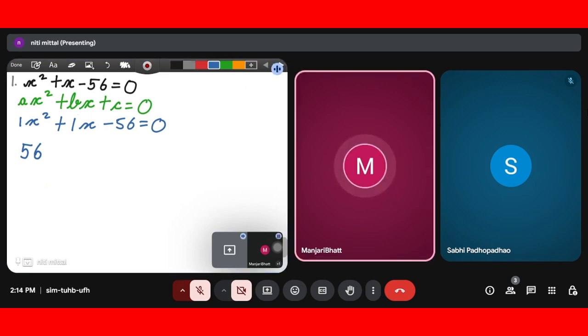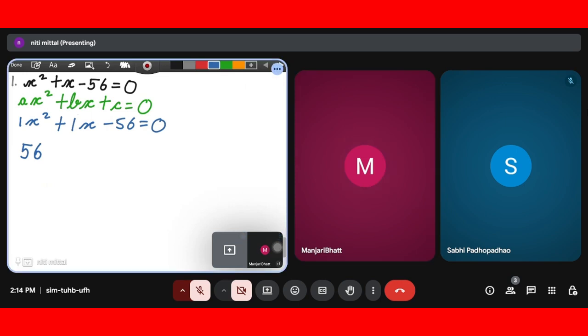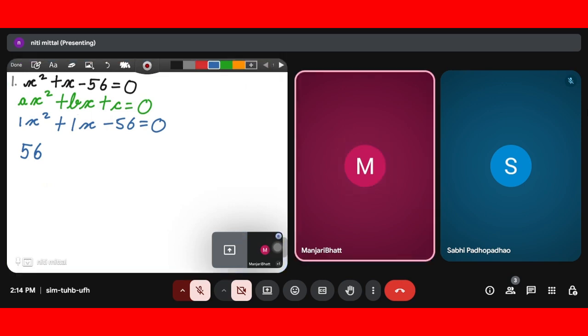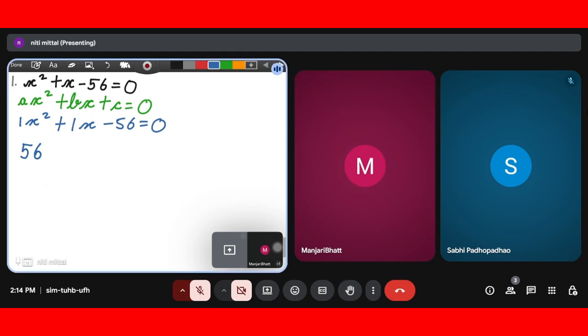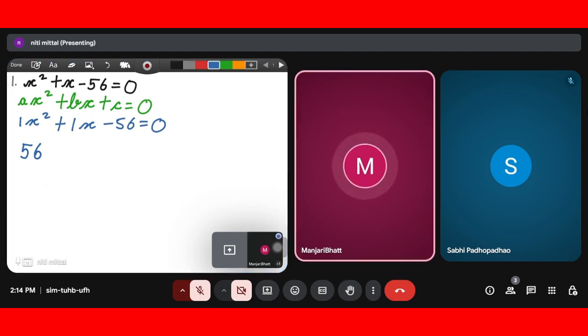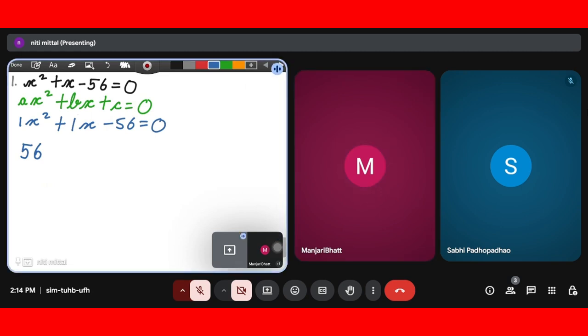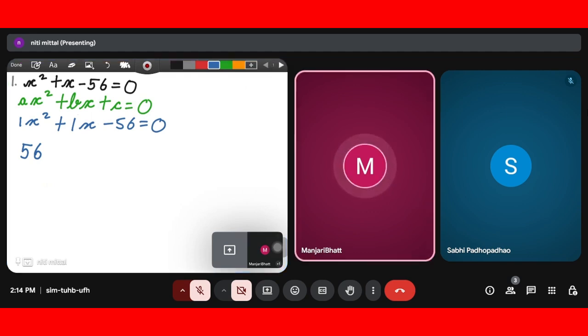Ma'am, multiplying, divided by 56. 56 divided by 56 is 1. No, no, no. You don't have to divide. You have to multiply. You have to do the product. So what will it be? The sum should come to 1. Either you add them